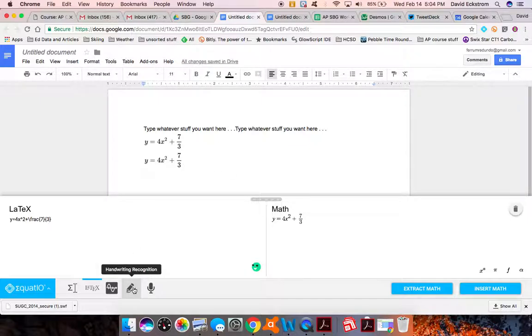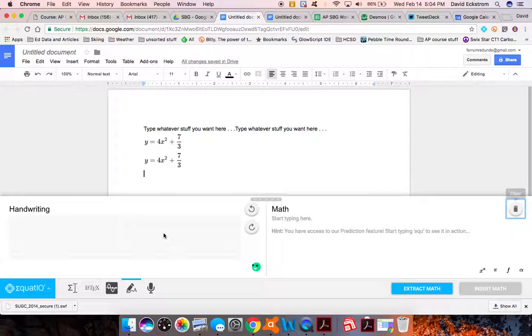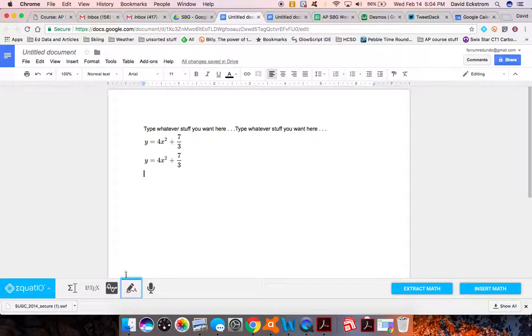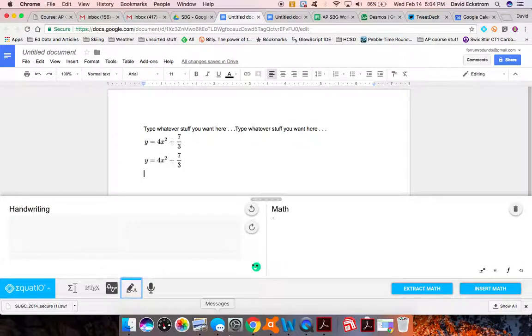Another one, this is pretty handy, might be better for you than me because I don't have very good handwriting, and I'm also not using a tablet right now, but it does do handwriting recognition. First of all, I got to get rid of this math that's already there. And in handwriting recognition, I'll just go to my little trackpad here and